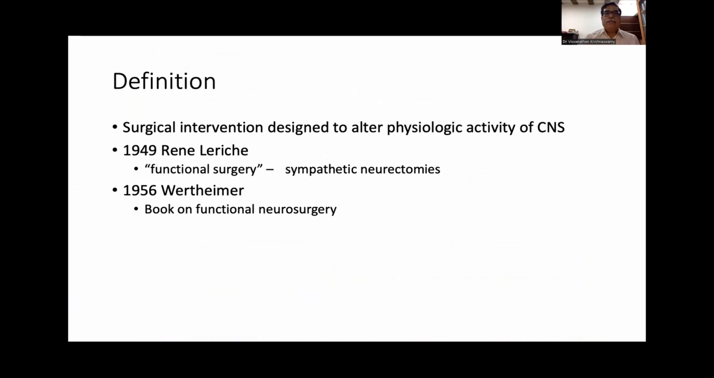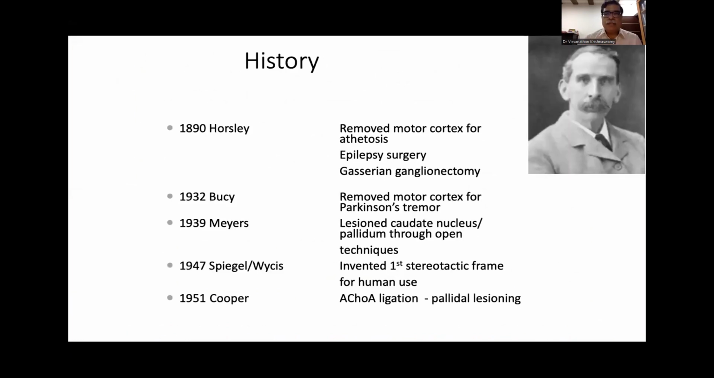Now, the modern accepted definition is that these are surgical interventions designed to alter the physiological activity of the central nervous system. In 1949, René Leriche coined the term functional surgery while dealing with sympathetic neurectomies, and Wertheimer in 1956 published the first book on functional neurosurgery. But it was way back in 1890 that Horsley started removing motor cortex for athetosis, pioneered epilepsy surgery, Gasserian ganglionectomy,